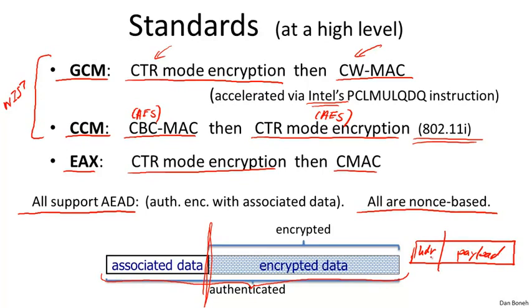And so typically the header is sent in the clear. The payload, of course, is always encrypted. But what you'd like to do is have the header be authenticated, not encrypted, but authenticated. So this is exactly what these AEAD modes do. They would authenticate the header and then encrypt the payload, but the header and the payload are bound together in the authentication, so they can't actually be separated. So this is not difficult to do. What happens is in these three modes, GCM, CCM, and EAX, basically the MAC is applied to the entire data, but the encryption is only applied to the part of the data that needs to be encrypted.